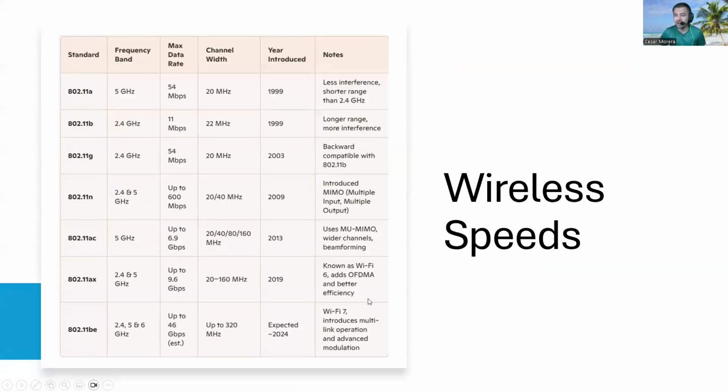We have one of the final slides for this presentation, and those are the wireless speeds. Introducing 1999, the first one that we have here. Less interference, shorter range. The channel width was 20 megahertz, 54 Mbps, and the frequency band was 5 gigahertz. The standard